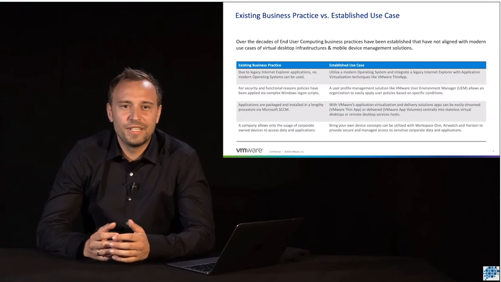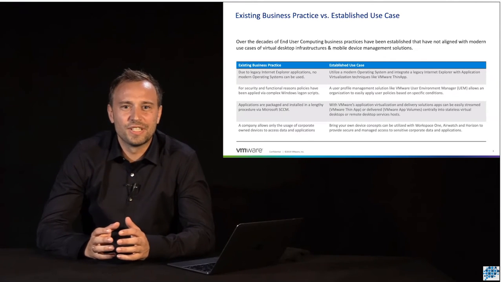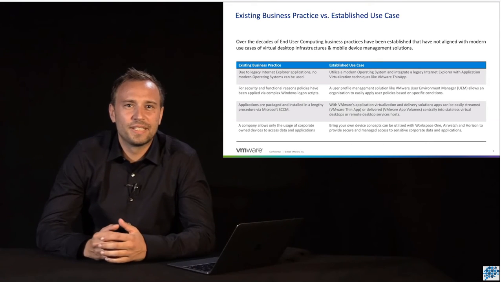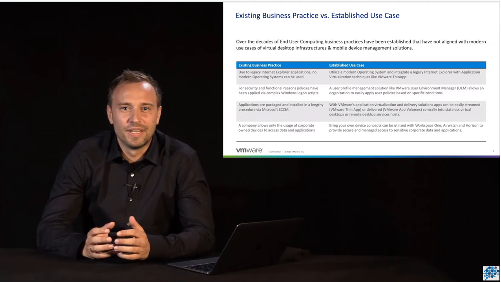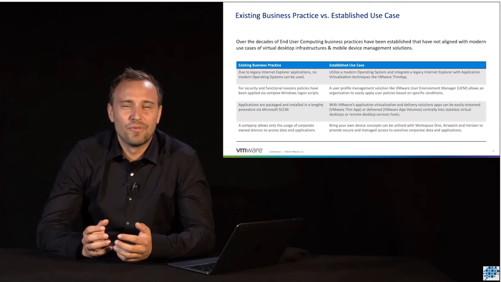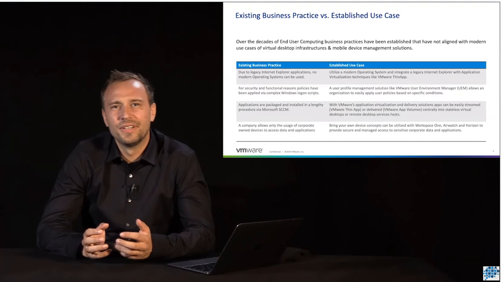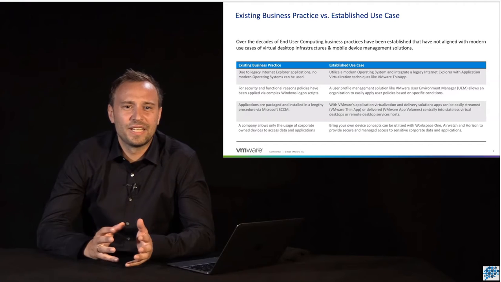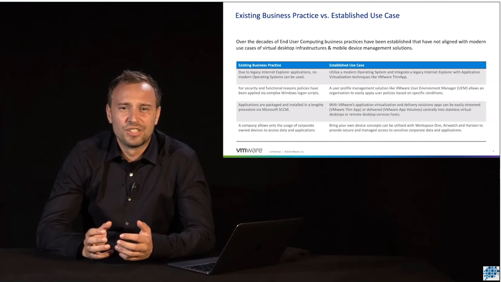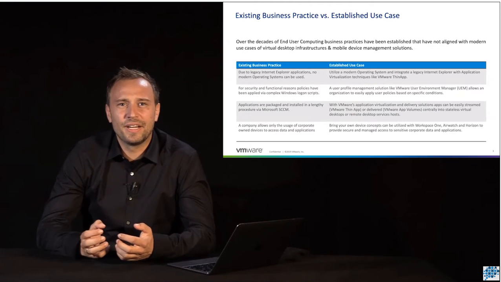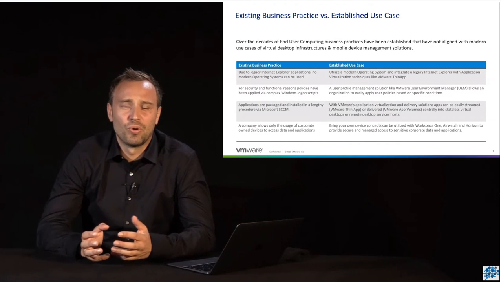Over the decades of end-user computing, a lot of organizations have established their own characteristics, their own practices around end-user computing. They have created policies, they have created processes that are not really aligned to a modern approach of managing desktops and managing applications. So those old processes, they don't really fit to modern ideas of virtual desktop infrastructures or any kind of other